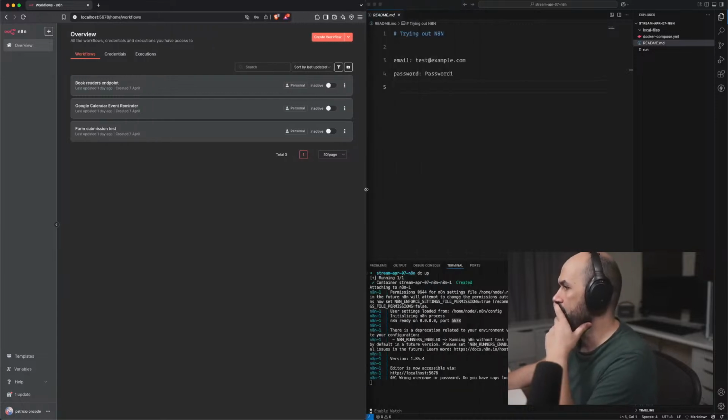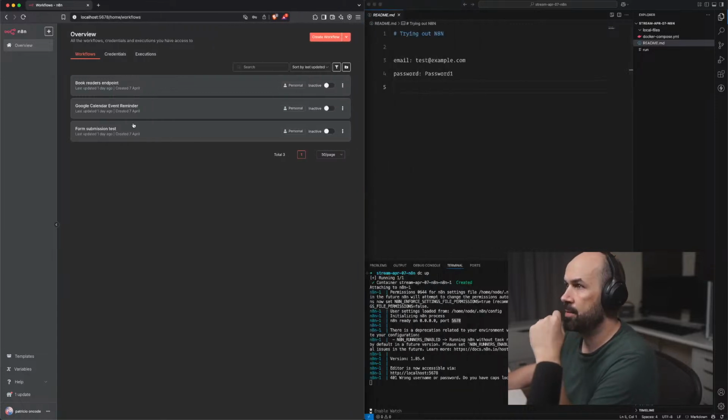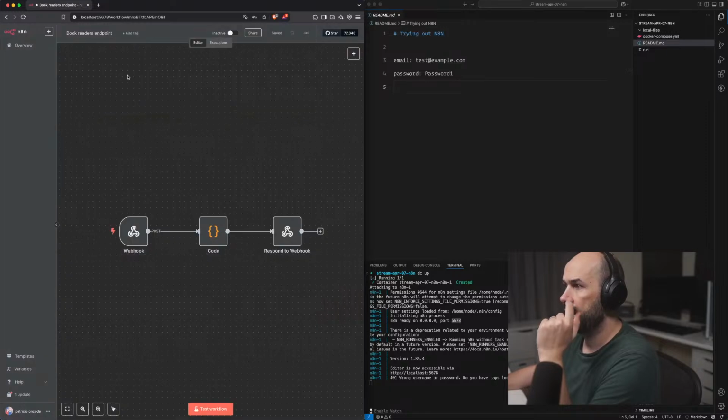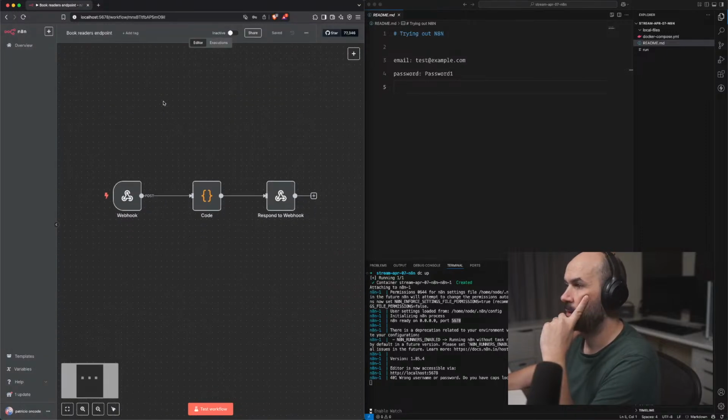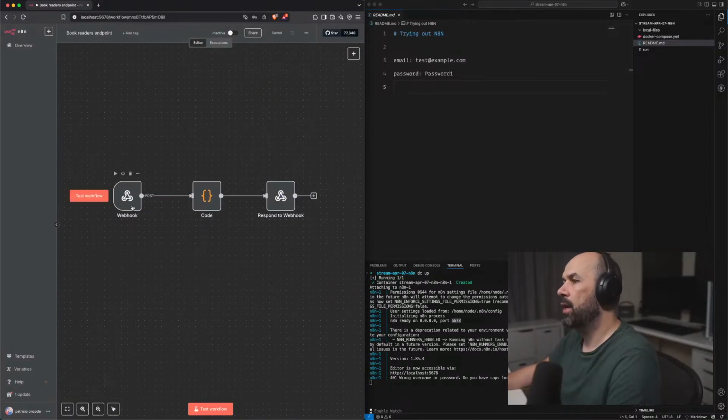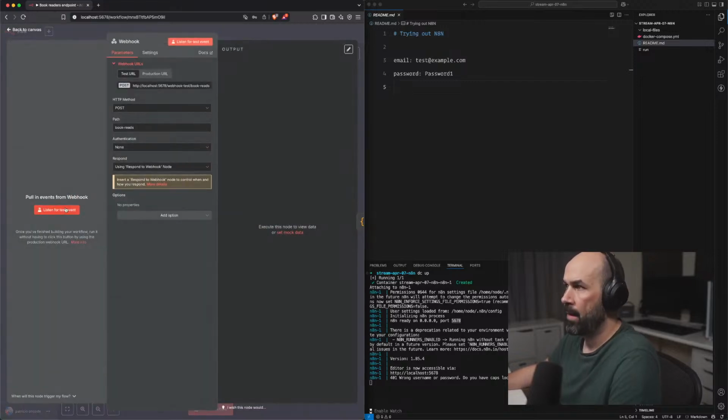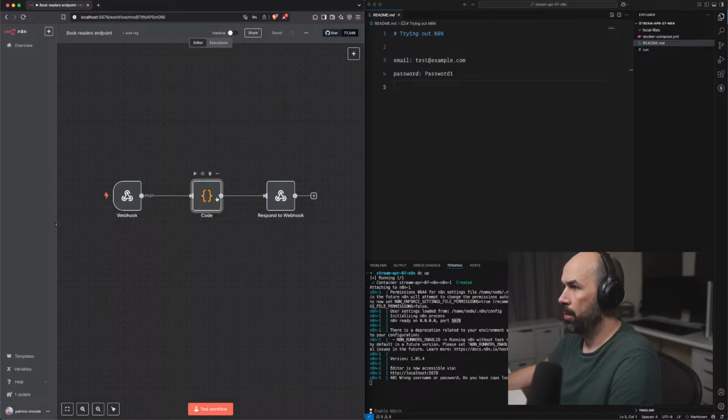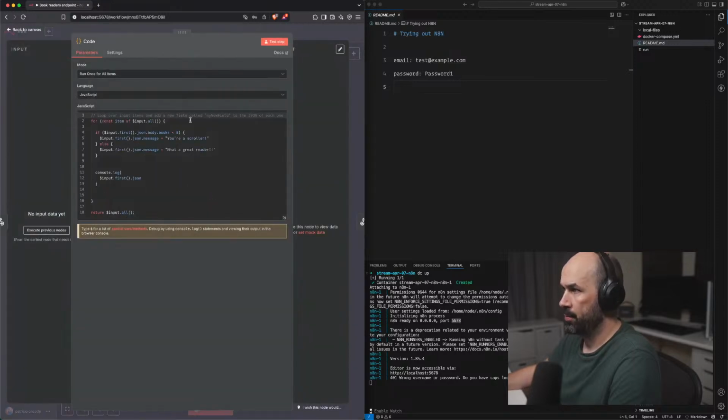Oh, right. We had this book readers endpoint where we were making a webhook. And after the webhook, we would run custom code, interpret the payload, and add a message depending on that payload.